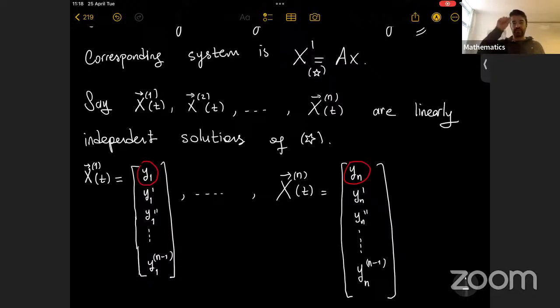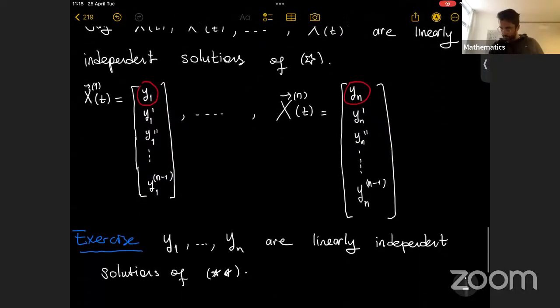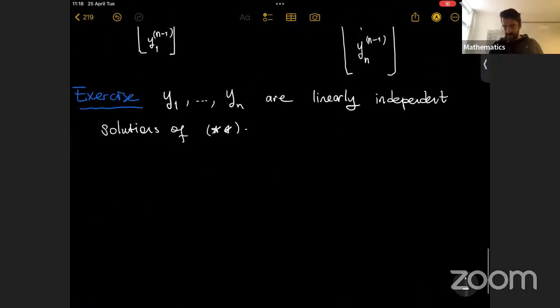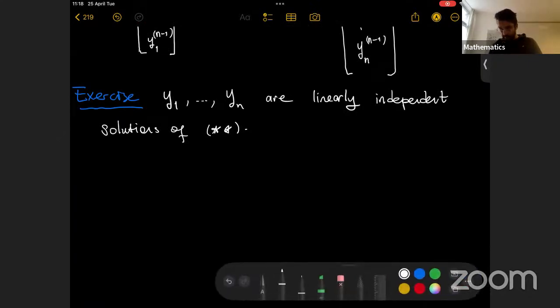Look at the first terms of each vector, the first function of each vector. This will give you the required solutions, okay? That's the idea. We will do examples later, but let's continue with